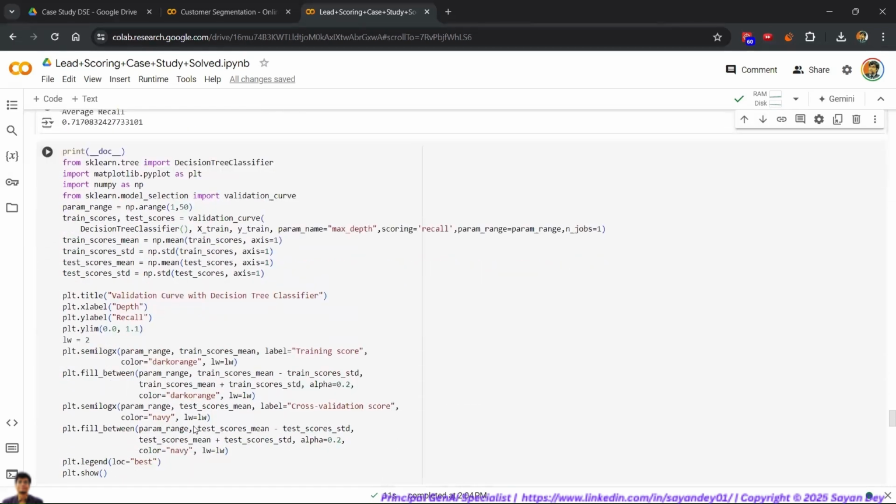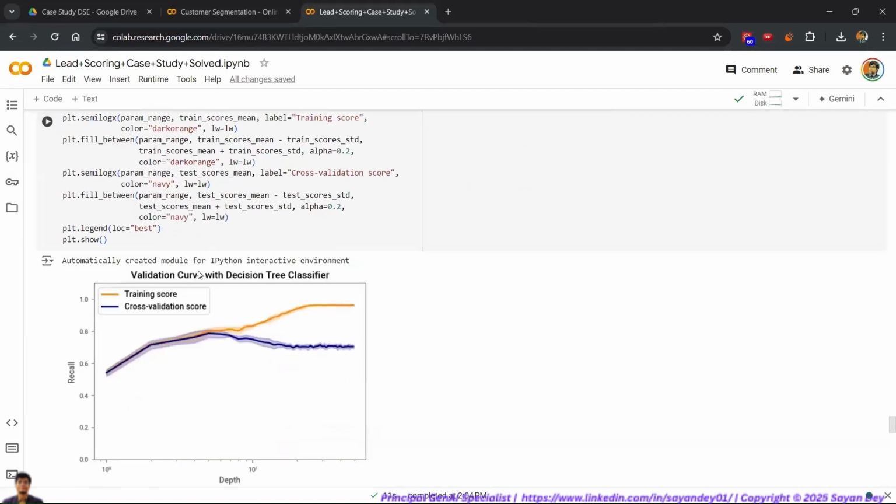Okay. This is very interesting. This is called the validation curve. This again might be a little new to some of you. Validation curves come in very, very handy, especially while doing hyperparameter tuning. So during hyperparameter tuning, this comes in very, very handy. And once again, you can clearly see